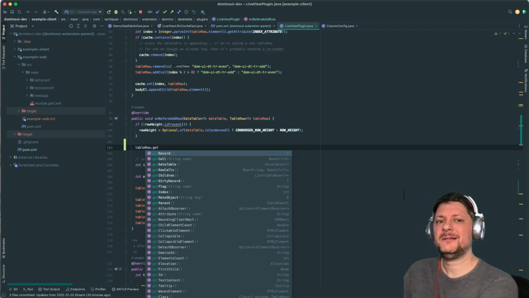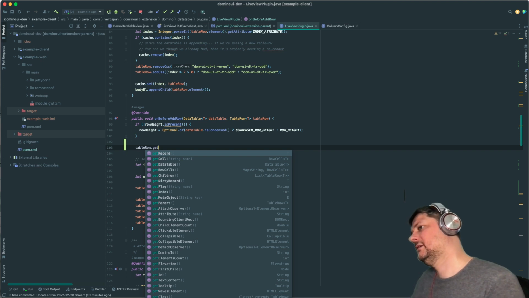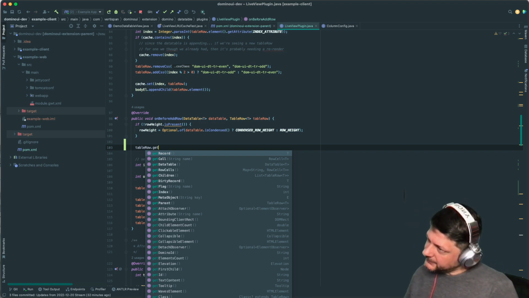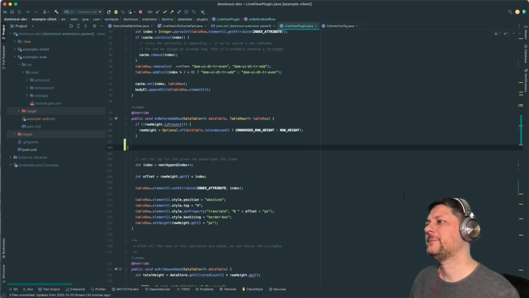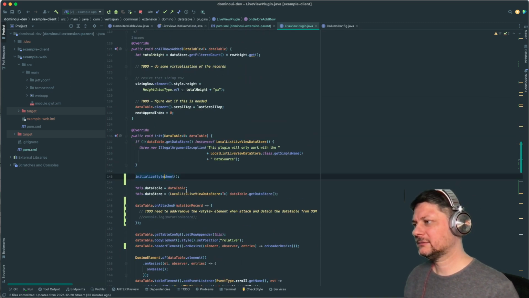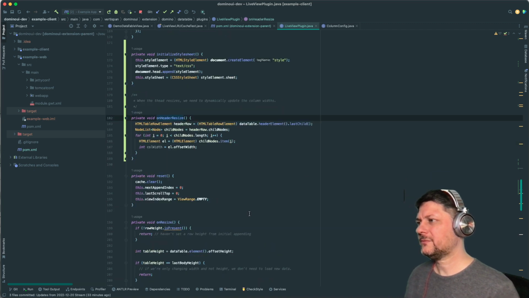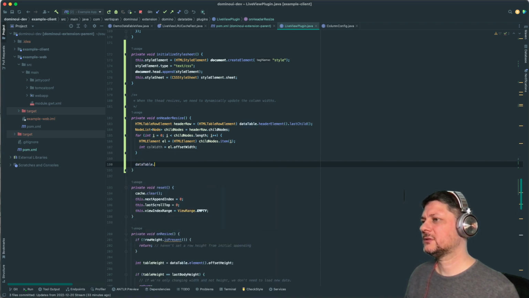Oh, you know what? I need to remember what everything this has. So I have that, but what if I have data table get